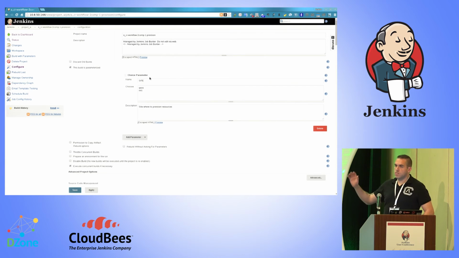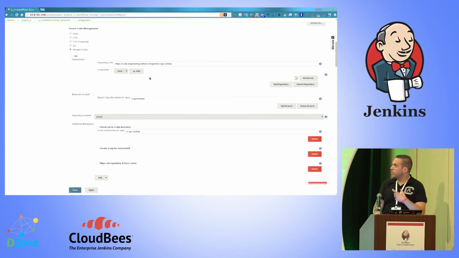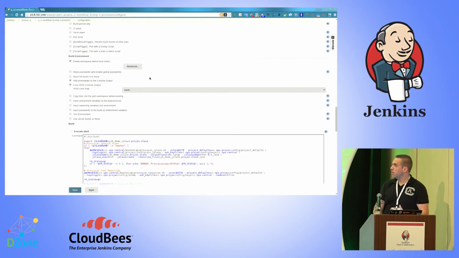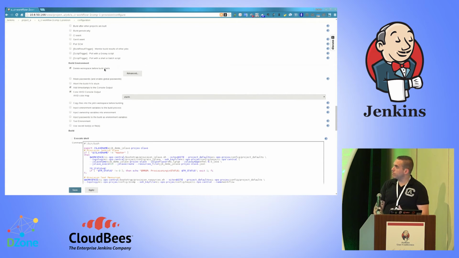So this has the stuff that was in that job, that site for the parameter. But notice here I have all my SCM stuff checked out. Now I didn't put that in the job template, that was a default, but it pulled it in here for me. Set up the build environment, the default build environment that I set up for the build wrappers to put